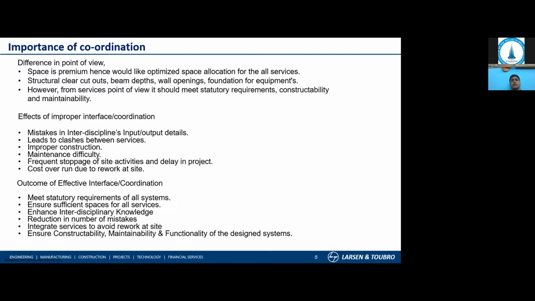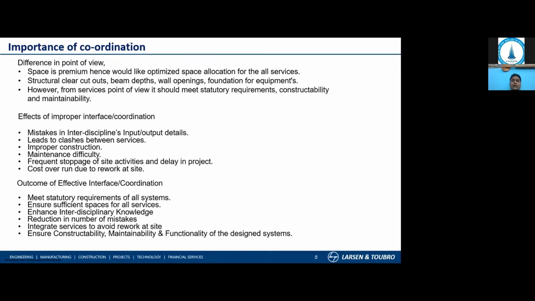Now, why is the importance of coordination required? In a building, the ultimate aim of all is the same, but the perspective and the priority vary between an architect, a structural engineer, and an MEP perspective. You have a difference in perspective when you discuss